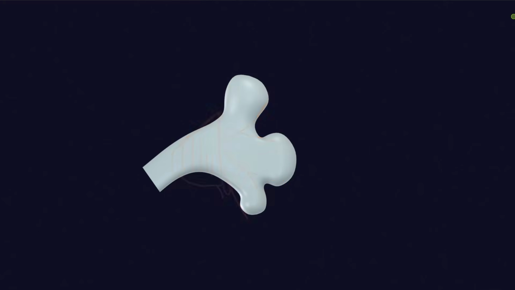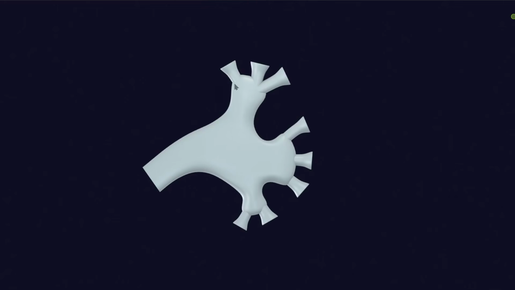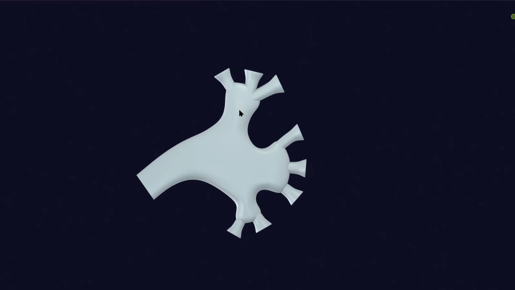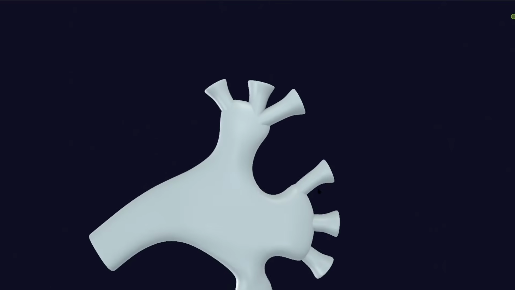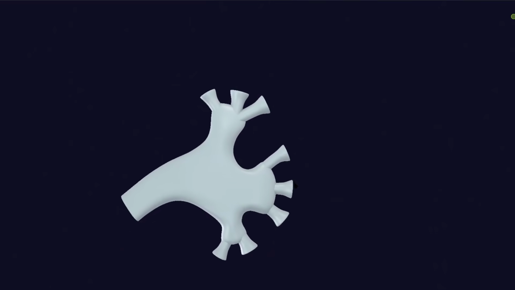Now, through a similar process, there is first the formation of four divisions, and then these four divisions fuse together through the process of intussusception to form the minor calyces. A very similar process occurs. I haven't made that animation because I think you would understand it just by looking at the previous animation, because this is the exact similar structure as we have discussed previously. So there is the formation of major calyces, and then there is the formation of minor calyces. So these are the minor calyces. 8 to 10 minor calyces arise.